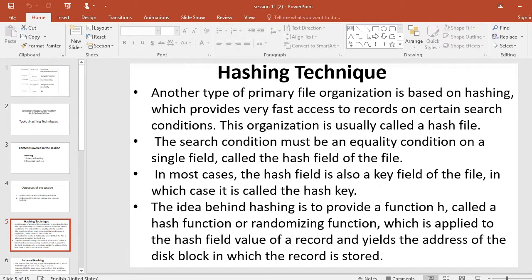In most cases, the hash field is also a key field of the file, in which case it is called the hash key. The idea behind hashing is to provide a function h called a hash function or randomizing function, which is applied to the hash field value of a record and yields the address of the disk block in which the record is stored. This is hashing technique.